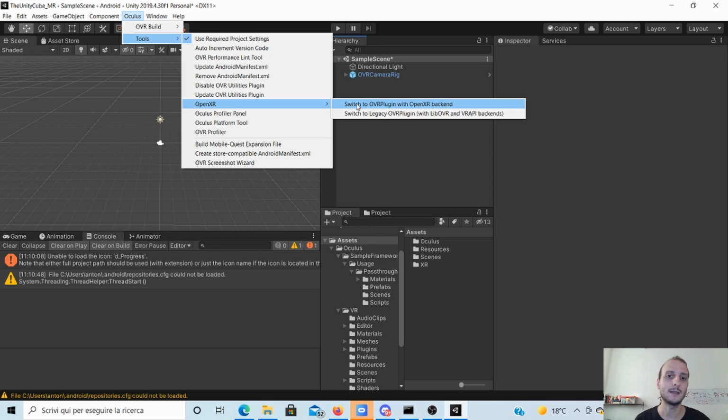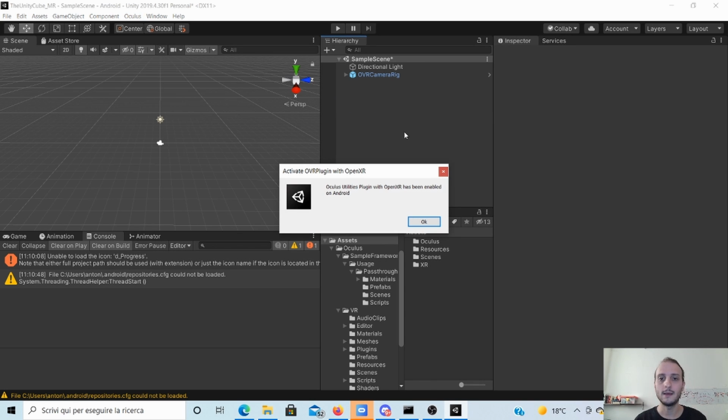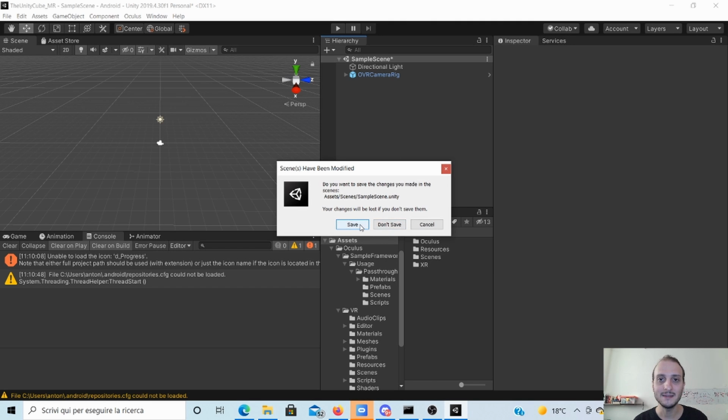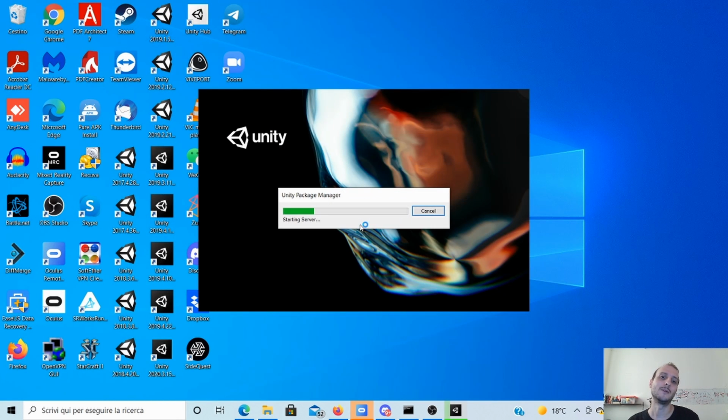It's a pretty new backend. There are also some features that are still problematic inside, but for most things it works well. So switch the OpenVR plugin with the OpenXR backend, click on it, and okay. Now it says you have to restart the editor. I say okay, restart the editor. Save the scene, if you haven't done that before, and let's wait for the editor to restart